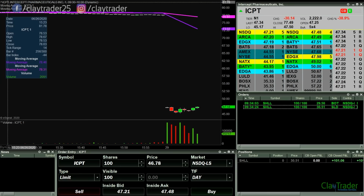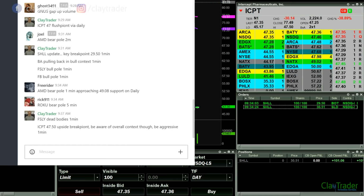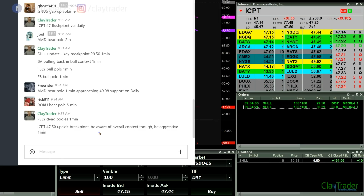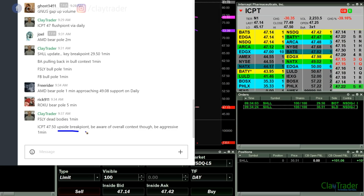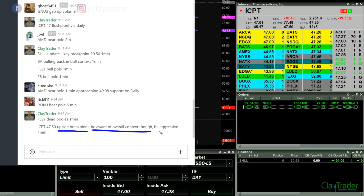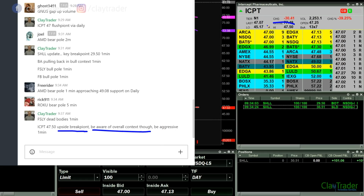There we go. I'll bring that alert across just so you can see the alert that was made. So right here, 47.50 now is that point that I was talking about. But also telling people for an upside breakpoint, but also be aware of the overall context. Because, I mean, this is a bearish chart, right? With the gap down. So it's still the downwards pressure, and you can see right there, it did not violate